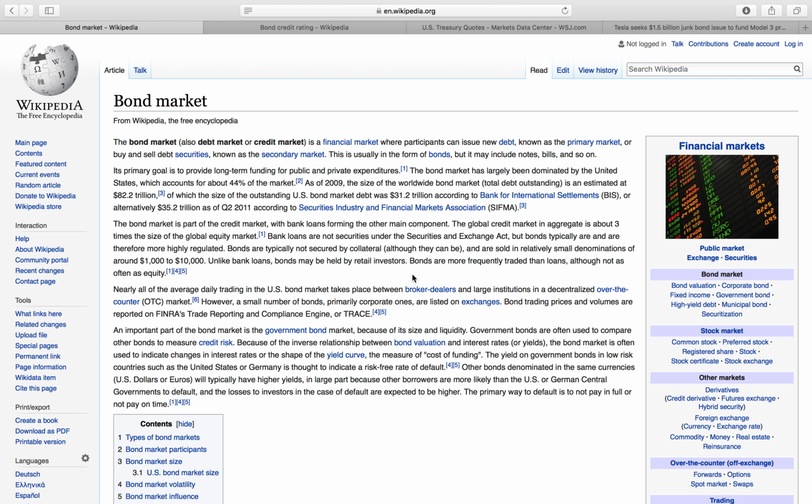Now, when the maturity of the bond comes, maturity meaning the end of it, it could be a 10-year bond, a 20-year bond, whatever, then that money must be paid back to investors. So to recap, the investor gives them money. Say I give them $1,000, and I expect 3% on that per year until maturity, say 10 years, and then I want my $1,000 back. That's how it works.